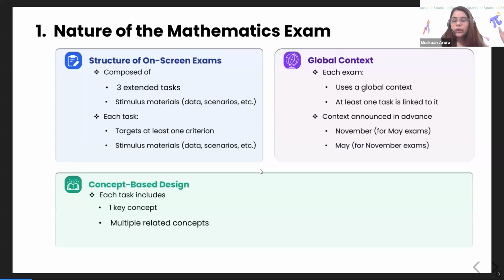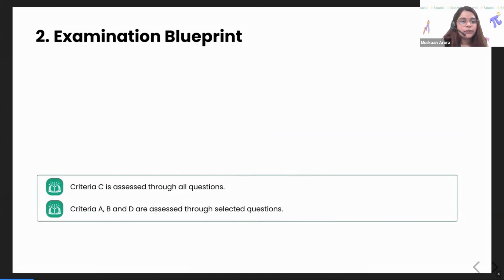And we know that all the questions, we don't really call them questions, do we? We call them tasks, right? There are multiple related concepts in the tasks, and at least two different key concepts are examined on each exam. What are key concepts has already been discussed with you at the schools, right? So we don't need to go too deep into that.